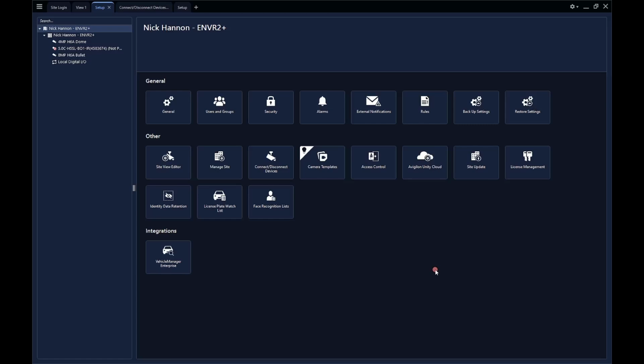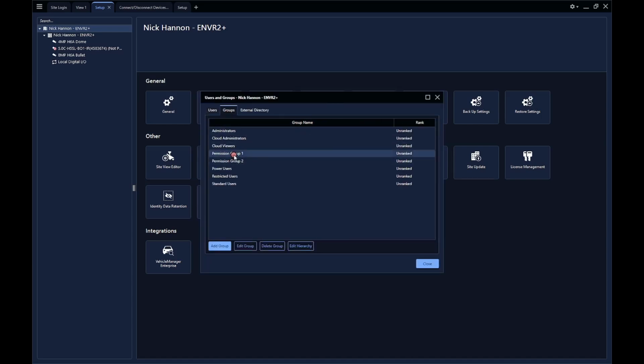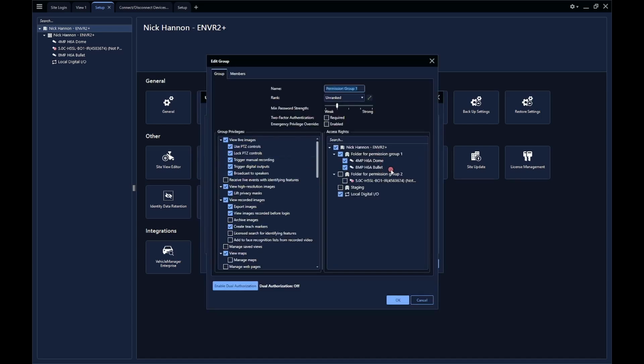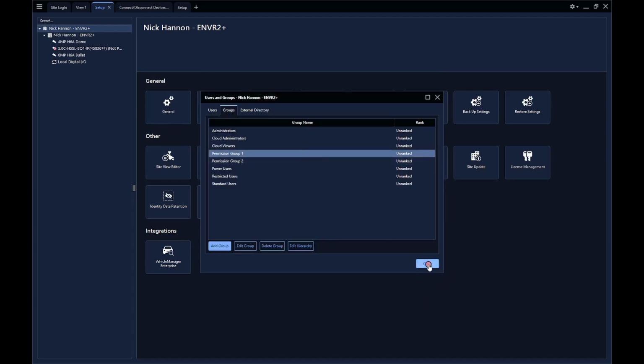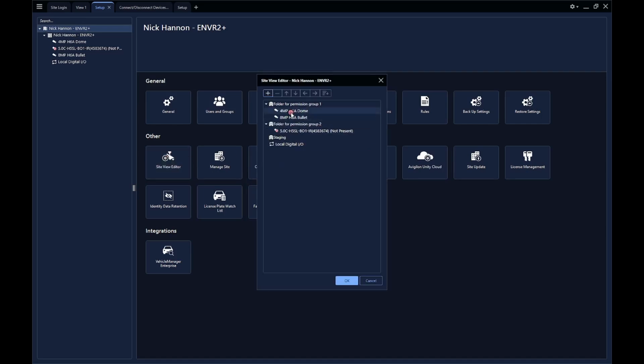Additionally, when controlling permissions using the folders, when you move cameras to a new folder, it will inherit the permissions within that folder and it will lose its old permissions. So for example, if Permission Group 1 has access to the H6A bullets, but Permission Group 2 does not, if we move this camera from the folder that Permission Group 1 has to the folder that the Permission Group 2 has,